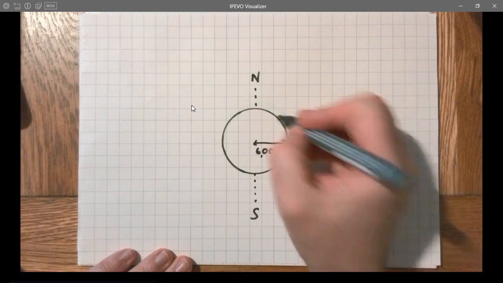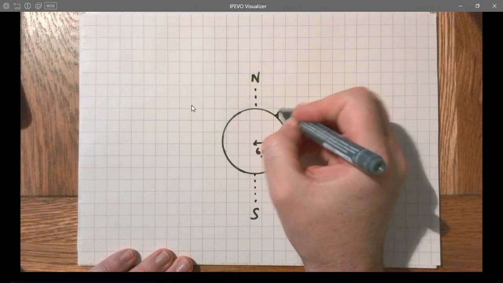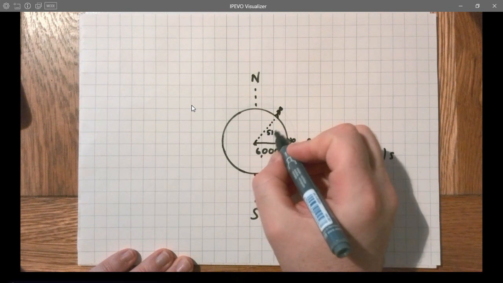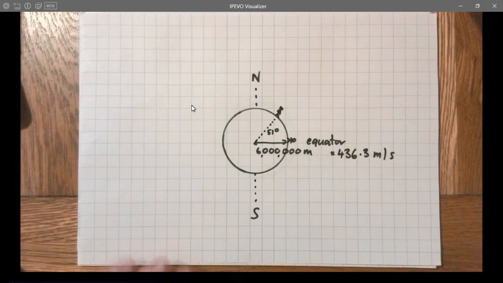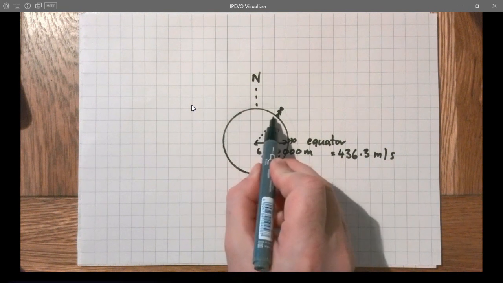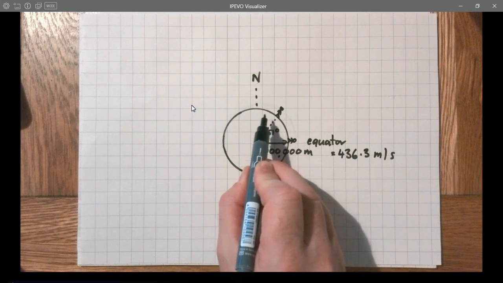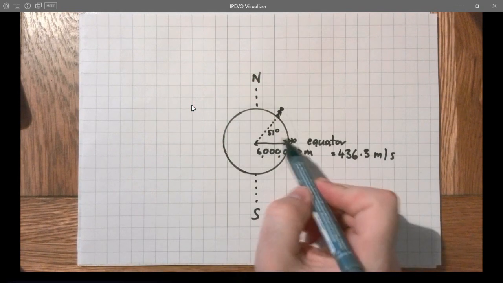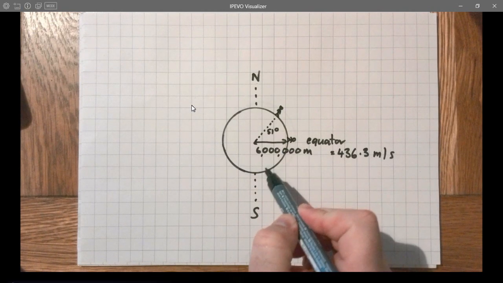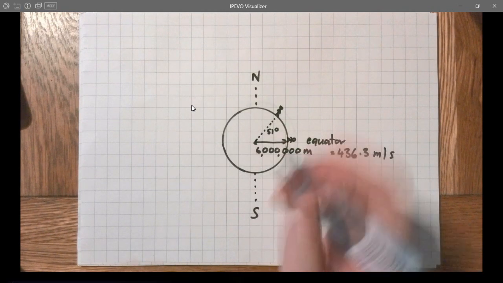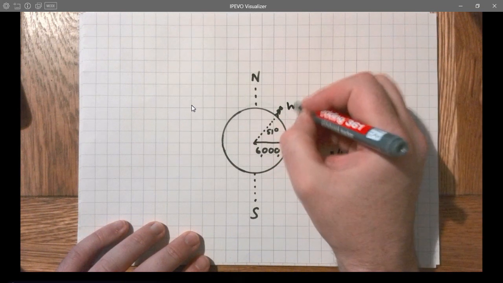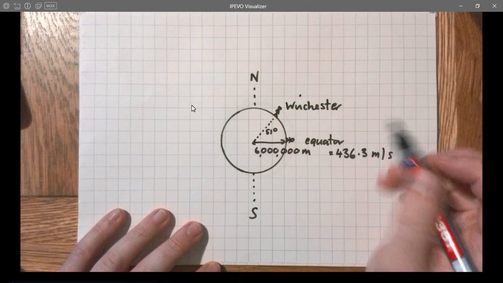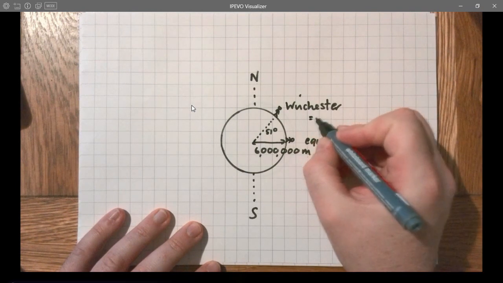Now we live in Winchester, which is a latitude of 51-ish degrees. Now we're not spinning as fast, so we're going round this way at this altitude. We're not spinning as fast as we would down there. The whole Earth is spinning in 24 hours, so the further north you go, or south I should add, you will spin a little bit slower. Now at our latitude in Winchester, our rotational speed, the speed that we travel at on the surface of the Earth, is